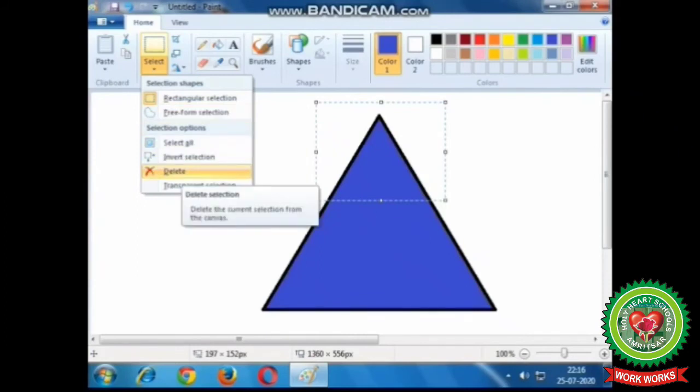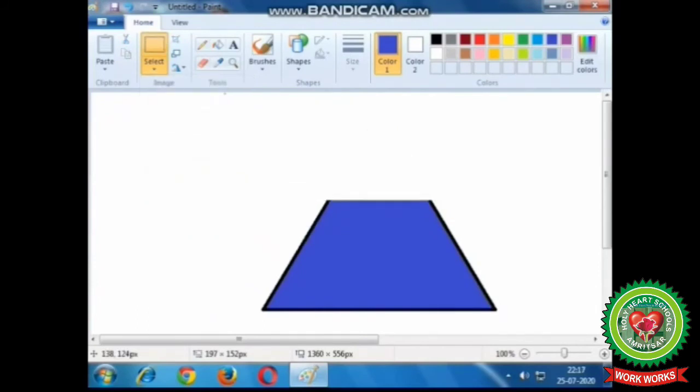Click on the delete option and you will notice the selected part of the drawing will be removed from the working area. This is the first method to delete selected part of your drawing.